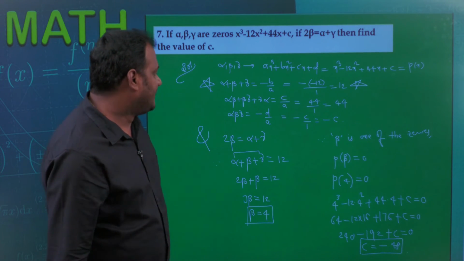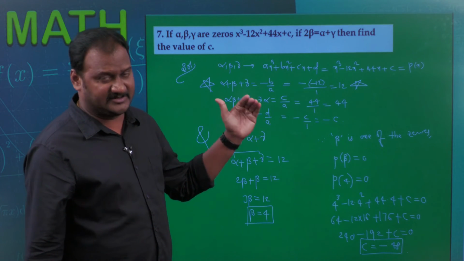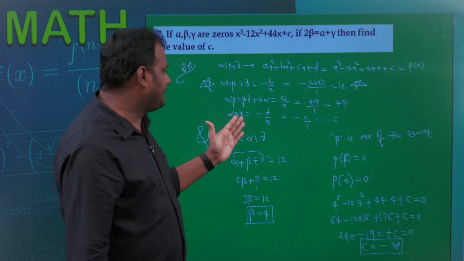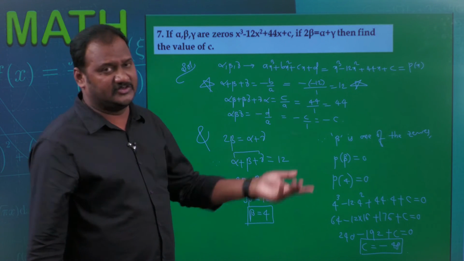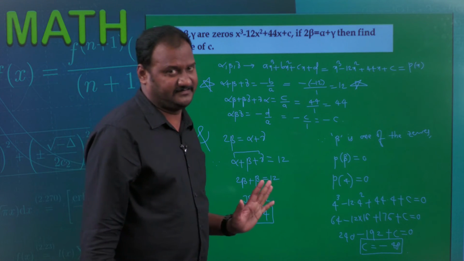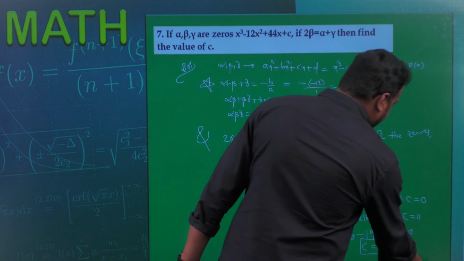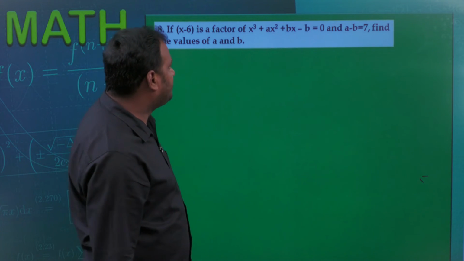But here again you are going with alpha plus beta plus gamma, alpha beta plus beta gamma plus gamma alpha, and alpha into beta into gamma. Right? Some of them may not be useful, but you will have to provide the information. Hope you understand? Right. So, coming to the next problem,